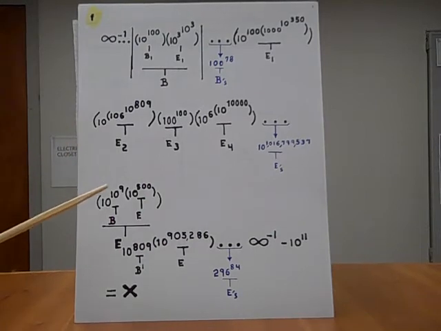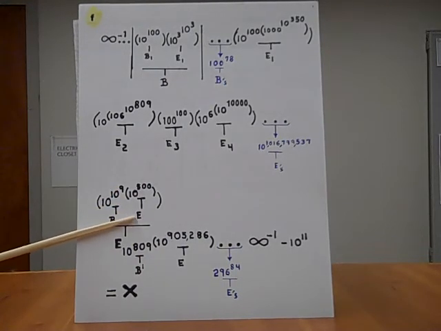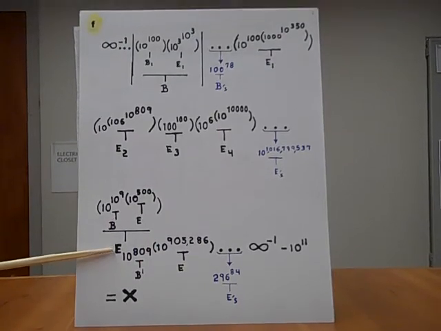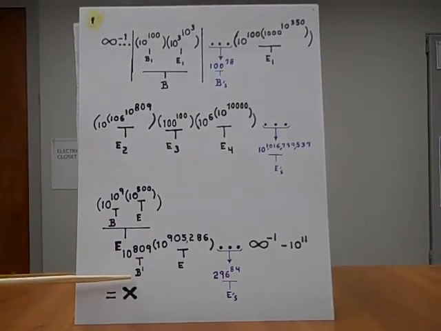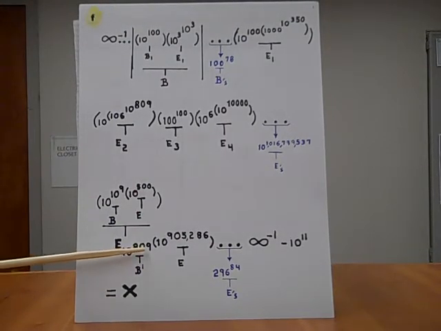And once this is finished, it picks up at a base right here, 10 to the 10, taken to the 10 to the 9th power, which is also a base, taken to an exponent, 10 to the 500th power in parentheses. When both of them are put together, it equals the number of exponents right here. The number of exponents is equal to a base of 10 to the 809th power, taken